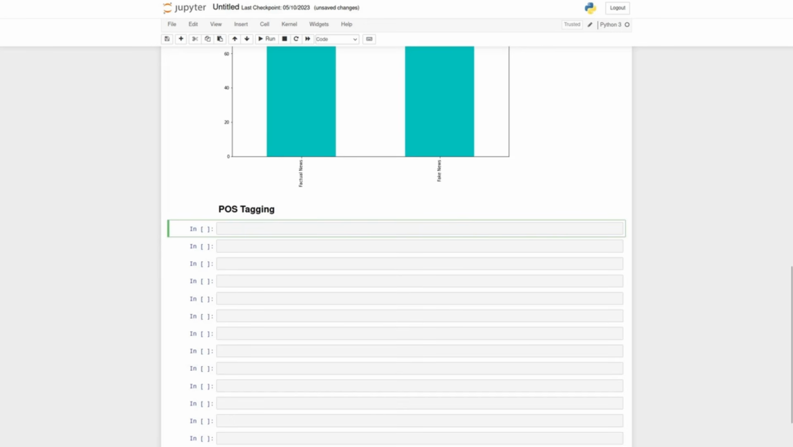Before we get started with any text pre-processing, let's explore our dataset a little bit more. We'll start with some POS tagging. The first thing we're going to want to do is initialize our spaCy model. We'll do this with nlp equals spacy.load and then reference the model we want to use. Because one of our tasks is to determine the differences between fake and factual news, we want to split out the dataset into fake news and factual news,